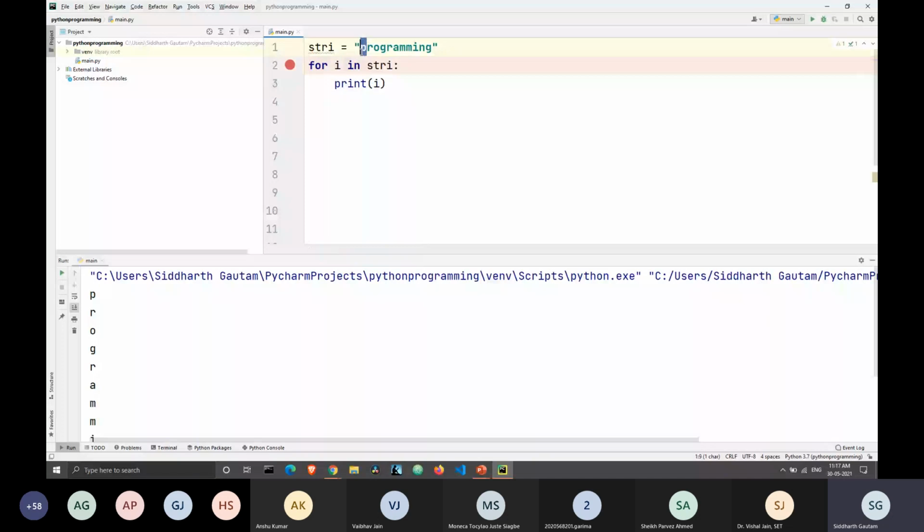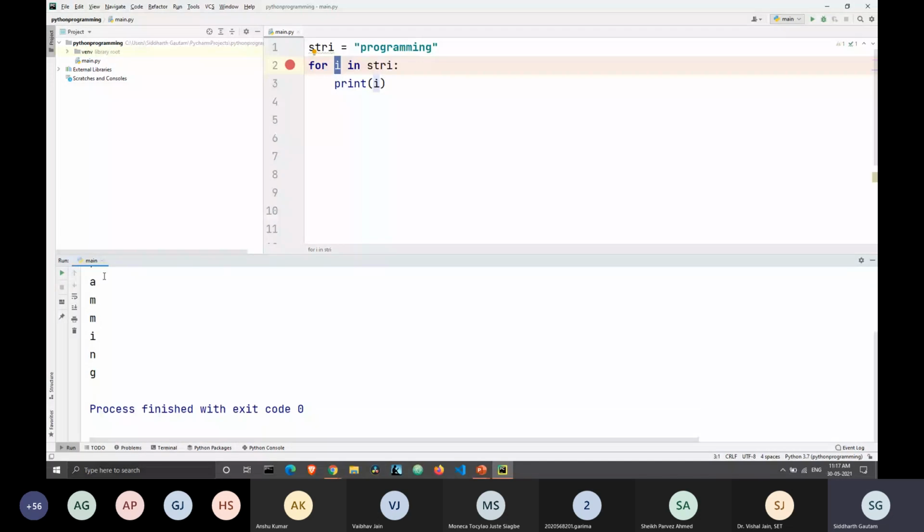And when the loop runs the second time, it will be R. And when we run the loop the third time, it will be O. And the fourth time, it will be G. And each time we are printing the value of our iterator variable, which is I. And that's why we are getting each element printed out from our iterator variable. Okay, any doubts until here?